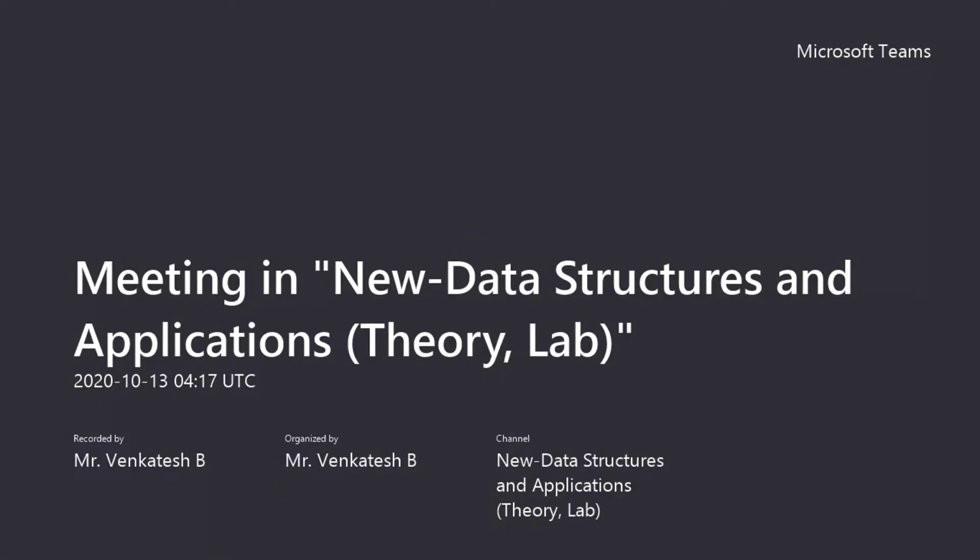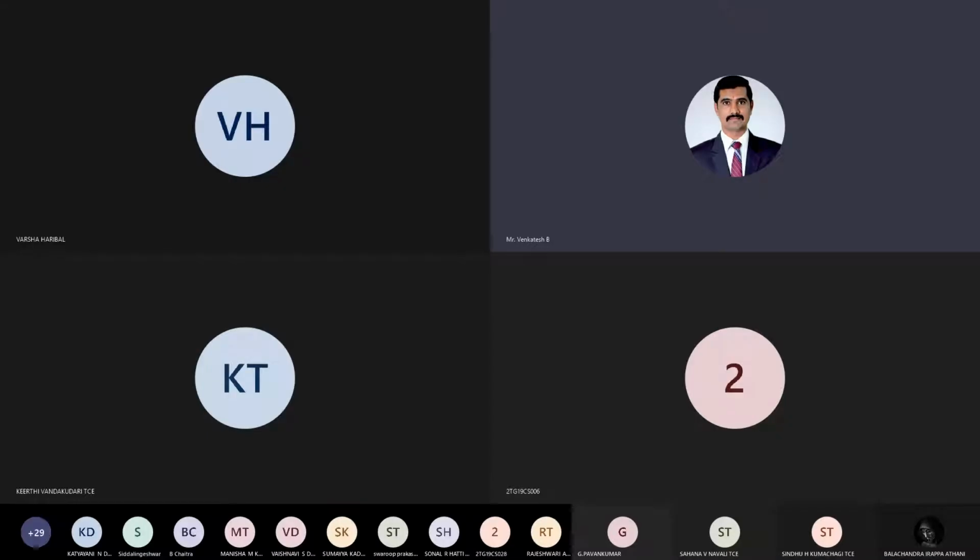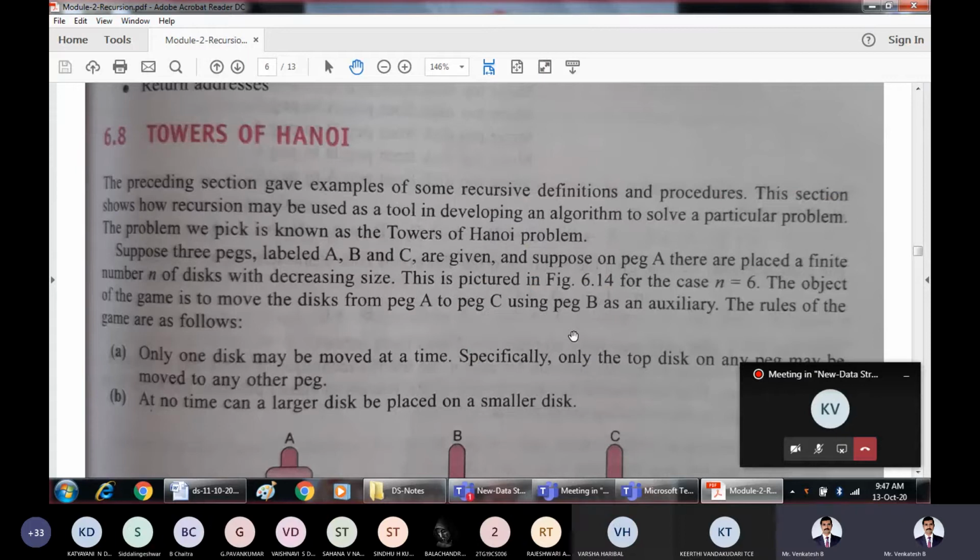As I said, we have studied different types of recursive functions, like how we can find the GCD, greatest common divisor, of numbers. We have seen, for example, that we will be changing the remainder value again and again among A and B. Then we will be able to find the GCD. One more example we have seen was the Fibonacci series.